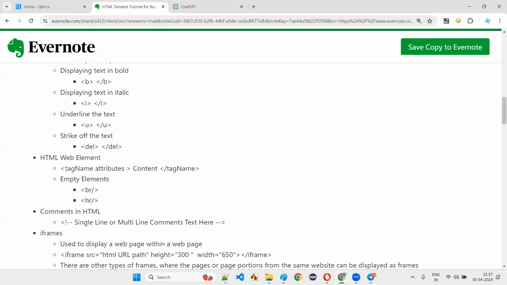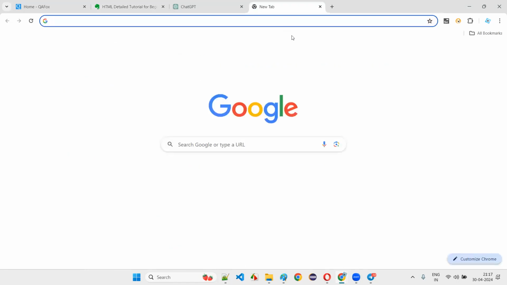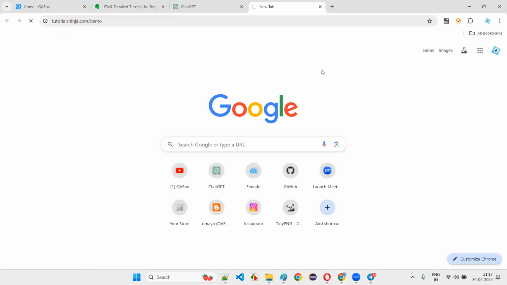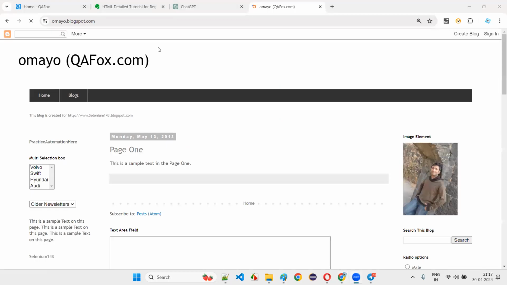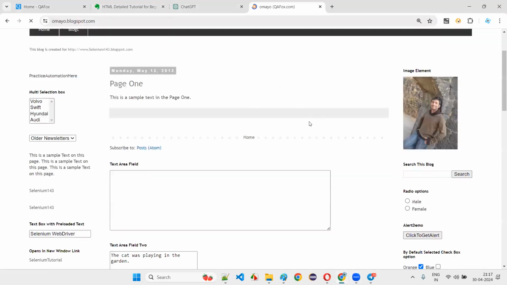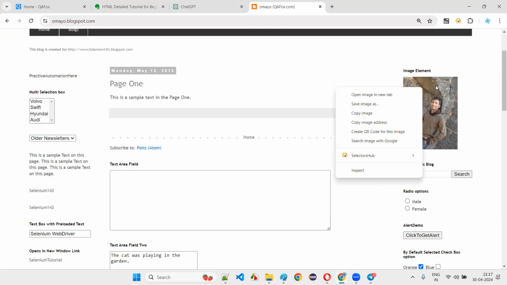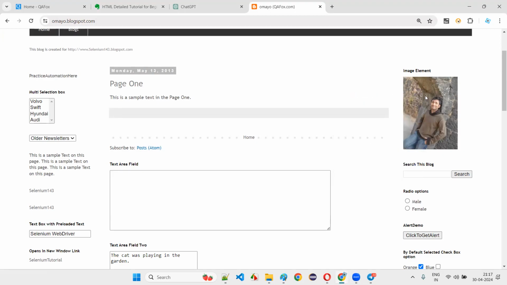These are HTML elements. There are different types of HTML elements. If you want me to show you different types of HTML elements, I can show you, guys. I'll go to one of the applications, and on the application, how to see the HTML code? Let's say I went to this application. If I want to see the HTML code of only this particular image, how to do that? Right click here and select which option? Inspect option. I have to right click and inspect. We are going to use the inspect option a lot in the coming sessions.